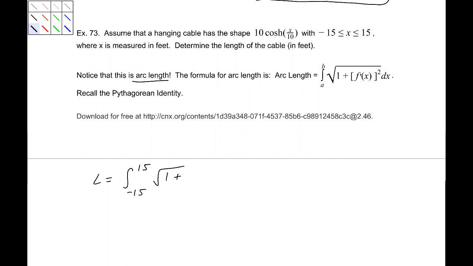Now the antiderivative of that is 10 hyperbolic sine x over 10, evaluated from negative 15 to 15, which is 42.586 feet, approximately. Of course, we'll have to